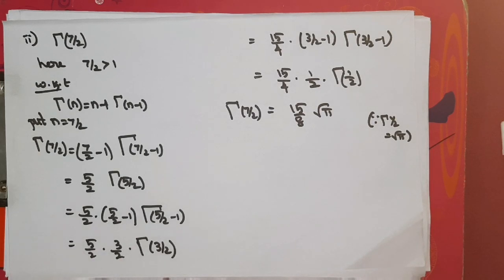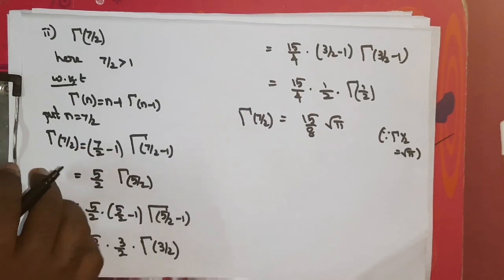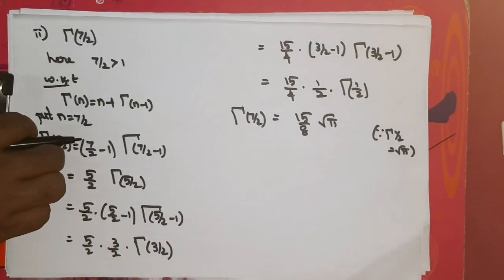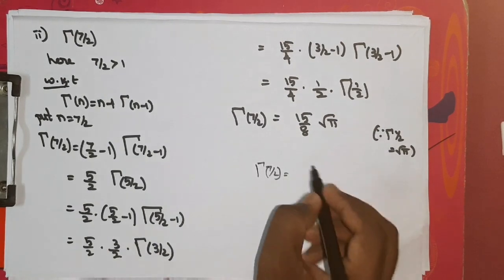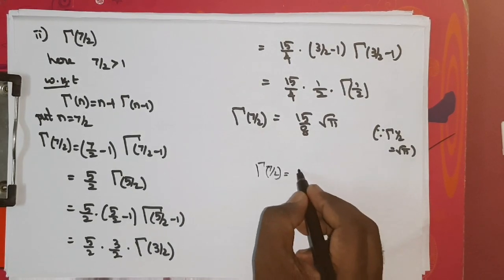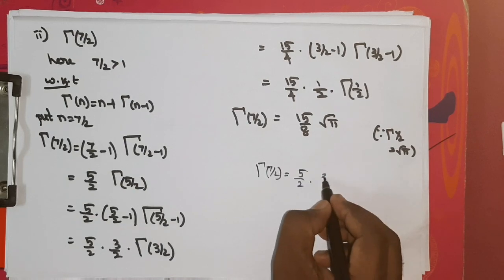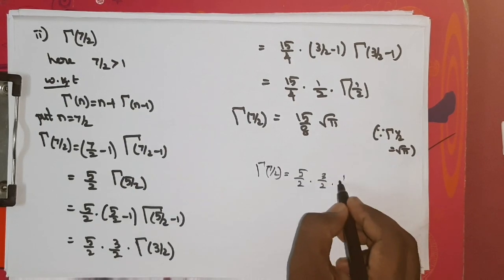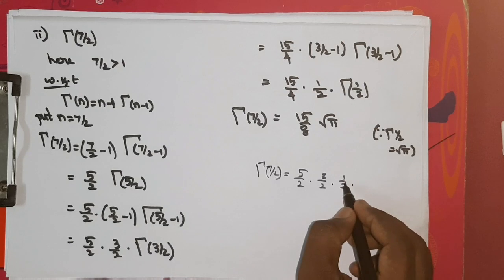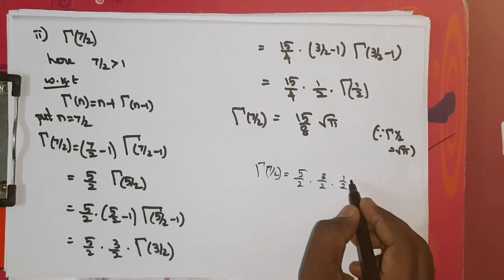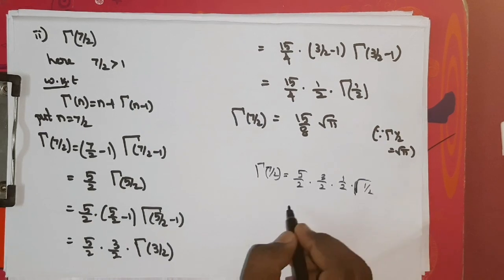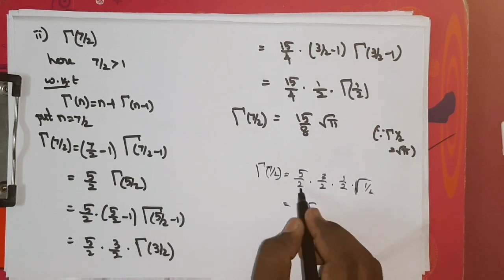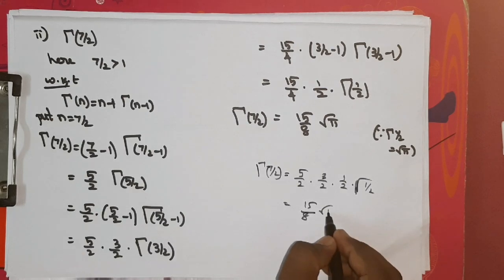Even directly also we can do. Okay, let's do that directly. Now just listen. So here what we have got is gamma 7 by 2, right? So first you have to subtract 2 from this. So 5 by 2. Then subtract 2 from this, 3 by 2. Then subtract 2 from this, 1 by 2. After this we cannot subtract 2 from 1 by 2. So gamma of 1 by 2 again. That's all. So here 15 by 8, gamma 1 by 2 value is root pi.